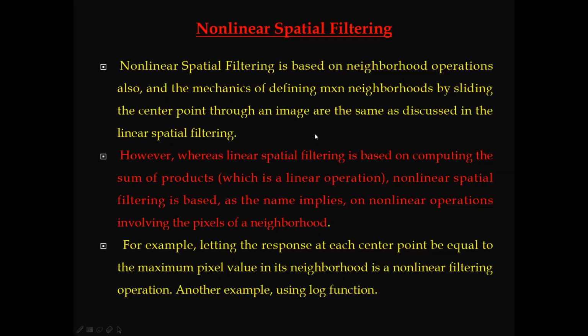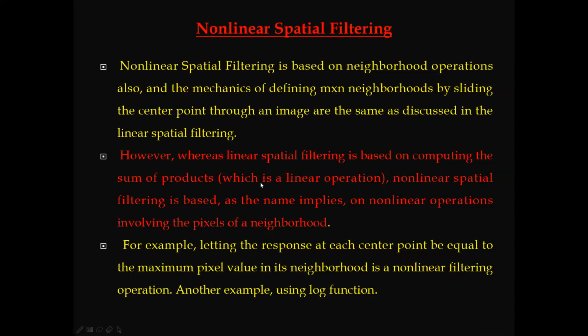However, whereas linear spatial filtering is based on computing the sum of products, which is a linear operation, nonlinear spatial filtering, as the name implies, is based on nonlinear operations involving the pixels of the neighborhood.